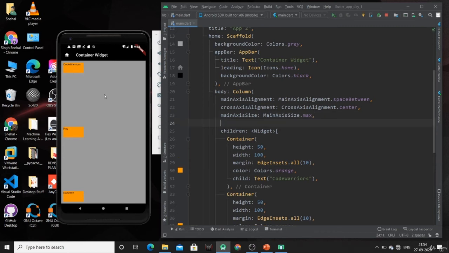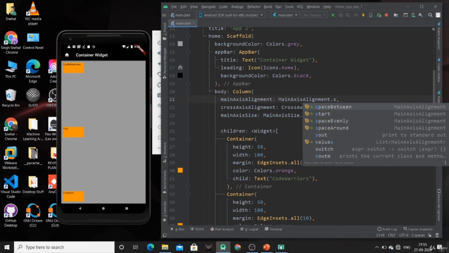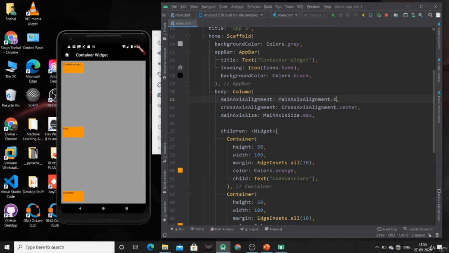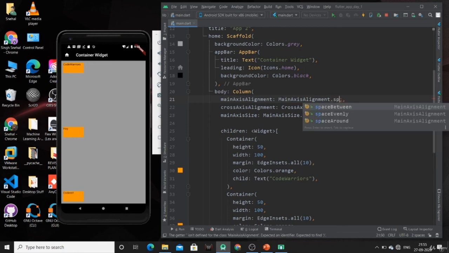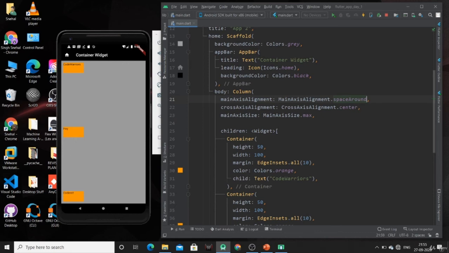Now I can also specify the other properties which are available over here. So just use space around. Now just hit Control S to see what is happening.